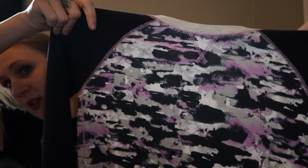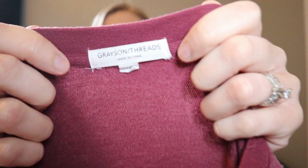Eddie Bauer size extra small. I don't usually go out of my way for this brand, but I liked it because it had a camo type print to it, a sort of purple and blue camo, just a sweatshirt. This is definitely a dupe, as they say, like a knockoff. It's Grayson Threads, which is, I think, usually Target, but it has all of the Wild Fox vibes,